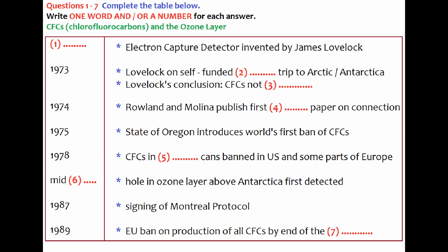The story starts back in 1957, when James Lovelock invented the electron capture detector. This is a machine that can detect very small amounts of a chemical compound in the atmosphere. Indeed, using the machine, it was Lovelock who was the first person to detect the widespread presence of CFCs in the Earth's atmosphere. In 1973, Lovelock, on a research trip which he'd funded himself, measured the amount of CFCs in